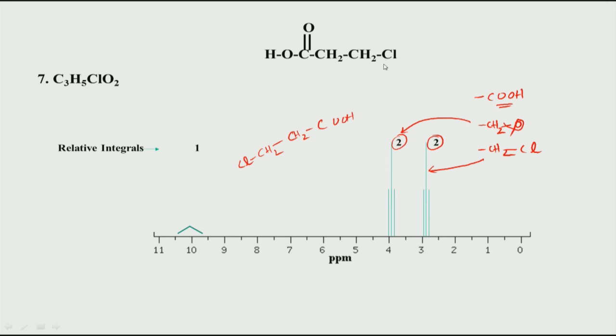So, this CH2 which is attached to Cl is basically downfield shifted here, coming at this position, and that CH2 which is attached to COOH is coming at 3 ppm, because there is no oxygen. Remember again, if you look at the slide we looked at, if you have a CH2Cl or C attached to oxygen or halogen